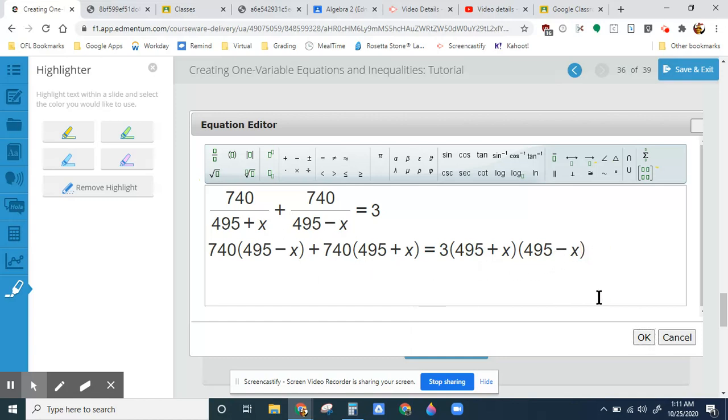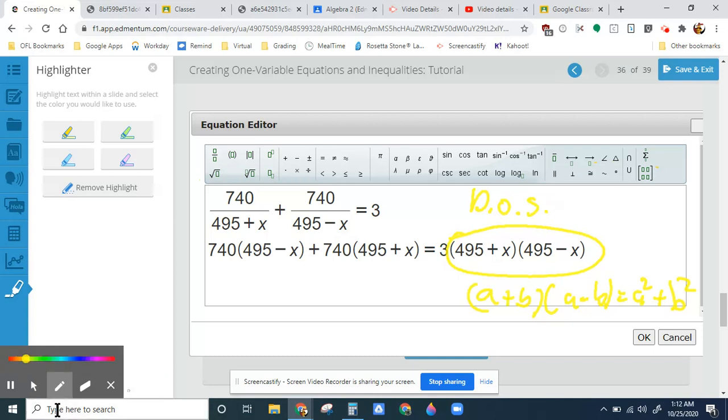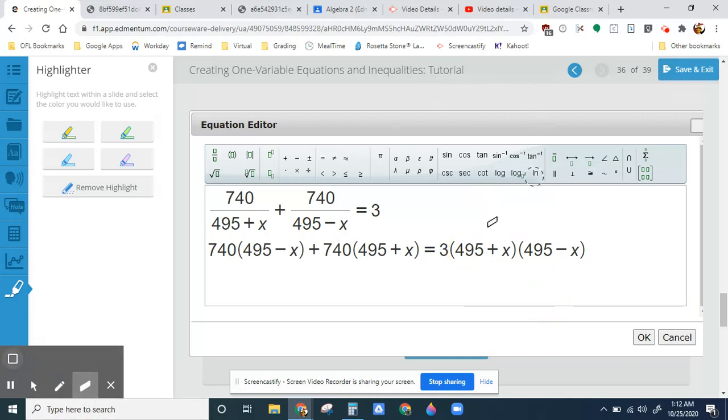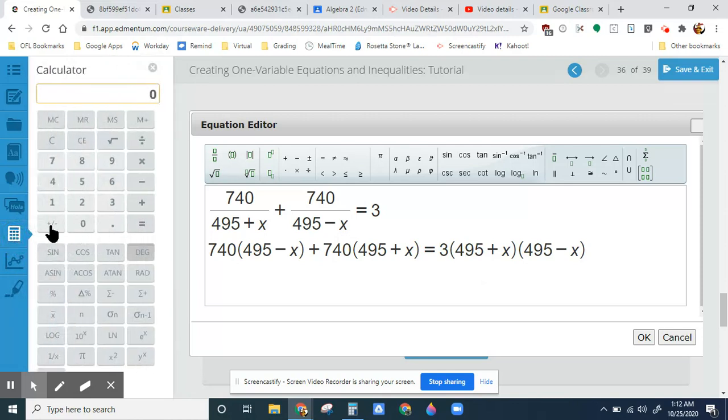Time to do some distributing, it looks like. Now, the benefit that I'm seeing here, this would have been the hardest part, but this is actually DOTS. So remember, DOTS is (a + b)(a - b) equals a squared plus b squared. The middle term ends up canceling out. All right, so what we're going to do here is grab our calculator and we're going to do